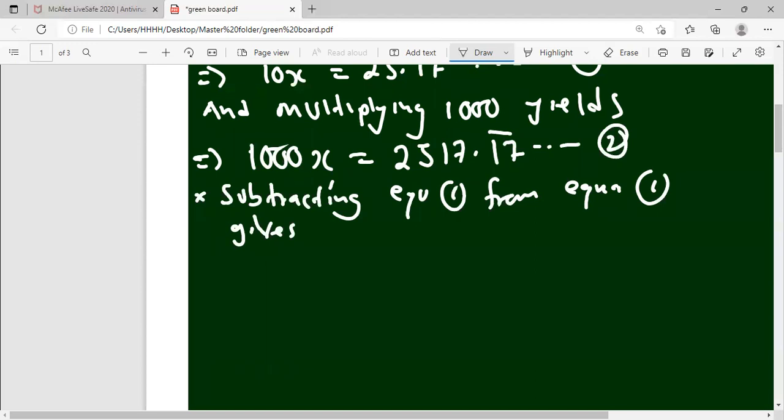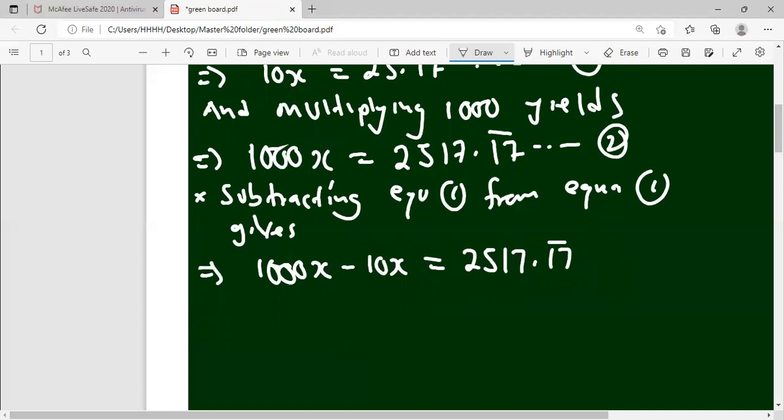So this implies that we are going to have 1,000x minus 10x, which is equal to 2517.17 recurring, minus 25.17. This is what we are going to get. So when you subtract this, we get 990x